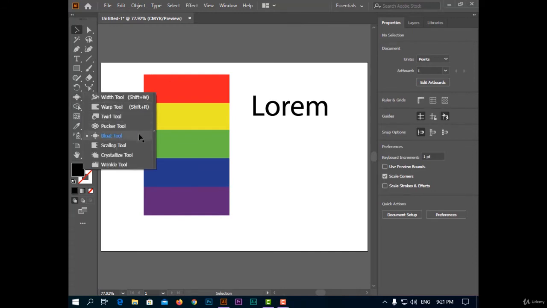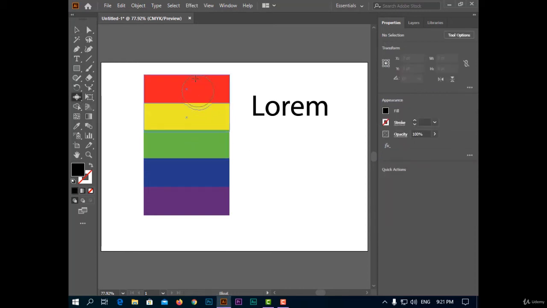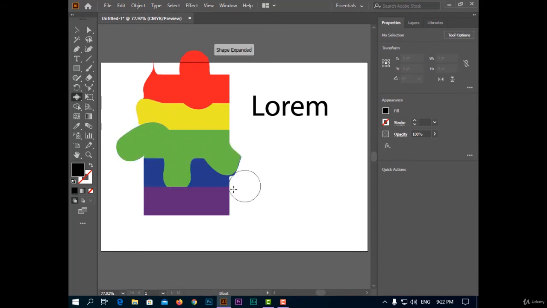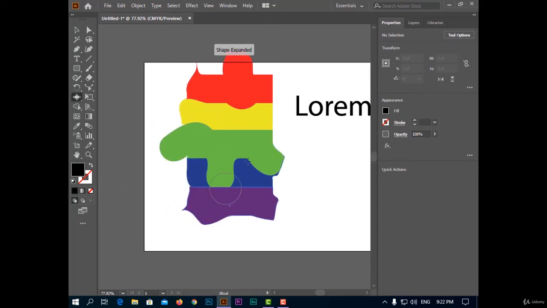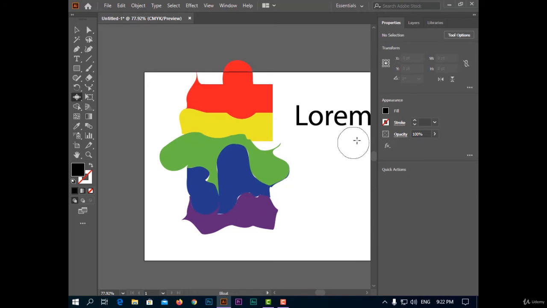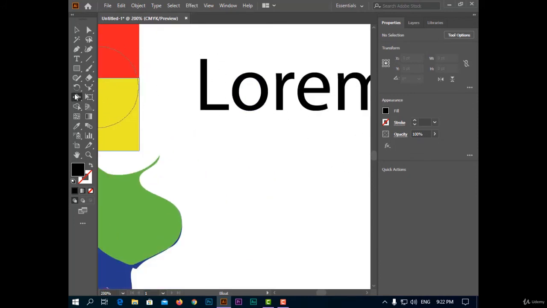The fourth tool, bloat tool, is like the pucker tool but outside, like this, to accent shapes outside. And with text,